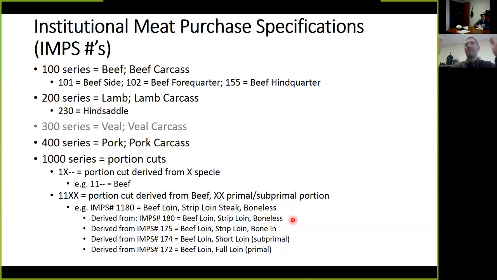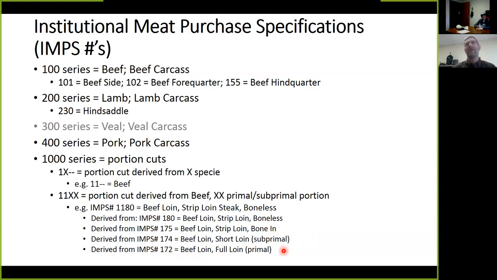The whole loin then is cut into steaks, and so a 1,180 is derived from a 180, and a 180 is derived from a 175, a beef loin, strip loin, bone in, and a 175 is derived from a 174, beef loin, short loin. Okay, that's the subprimal. And then a 172, which is what the 174 is derived from, is the beef loin, full loin, and that's